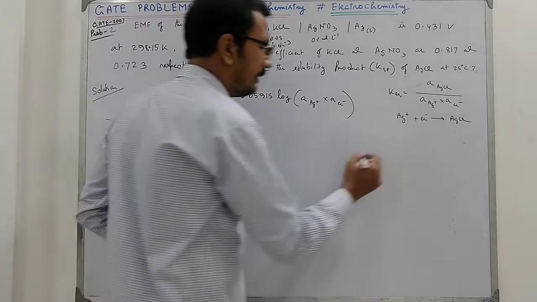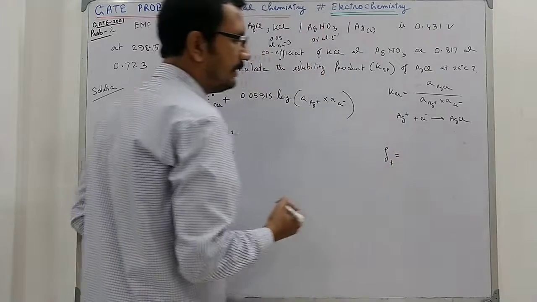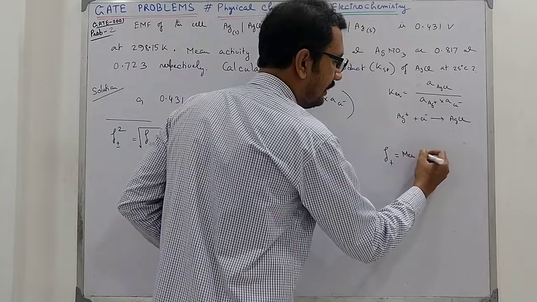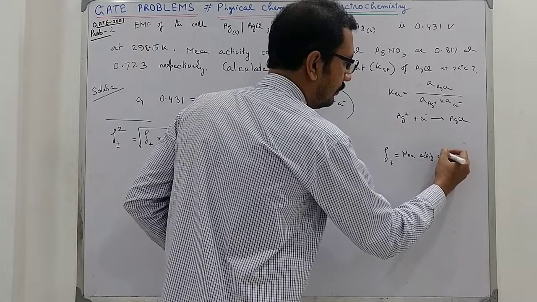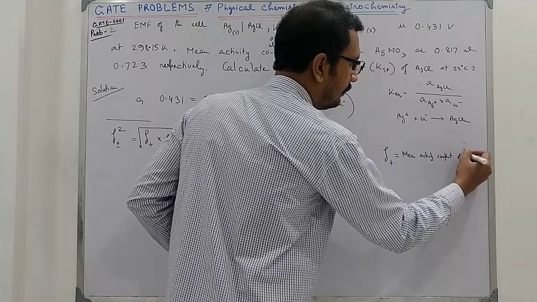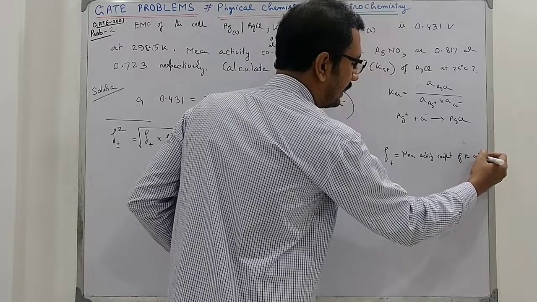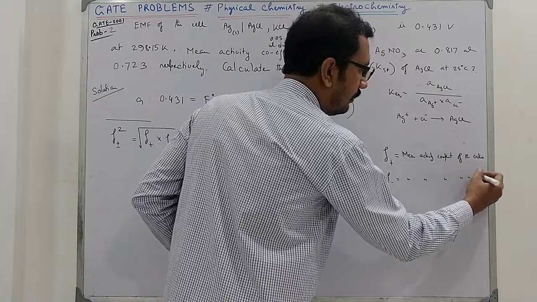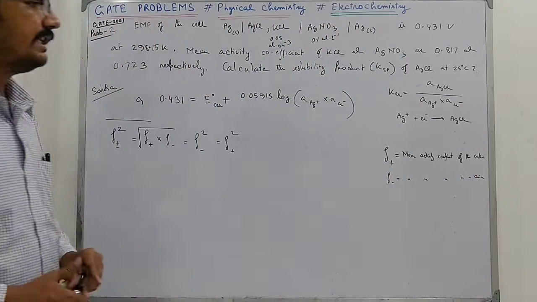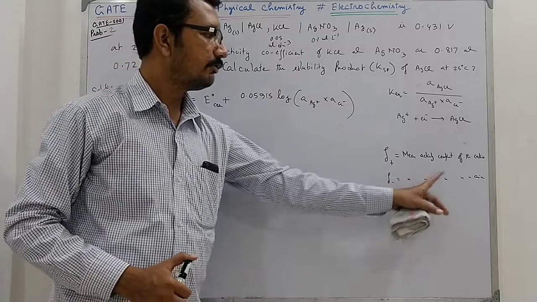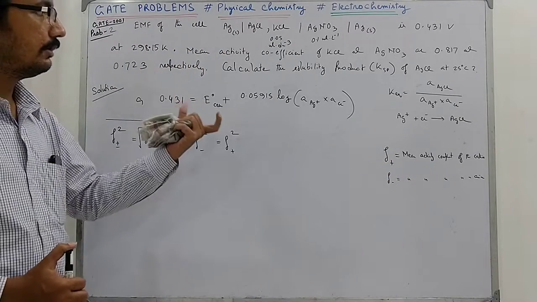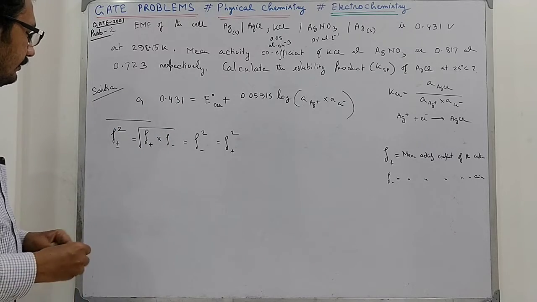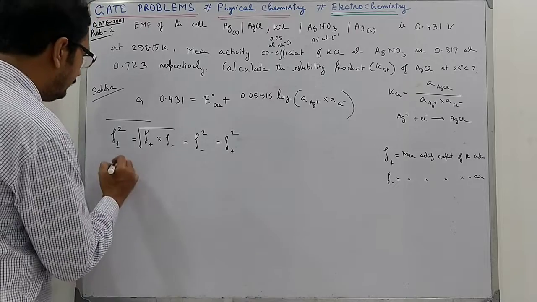Now this f plus, what is this? This f plus is the mean activity coefficient of the cation, and this f minus is the mean activity coefficient of the anion. But what about the salt? For the salt it will be f plus minus square. Then for KCl